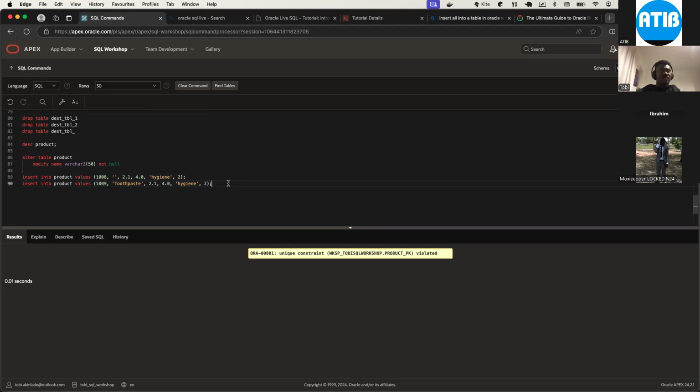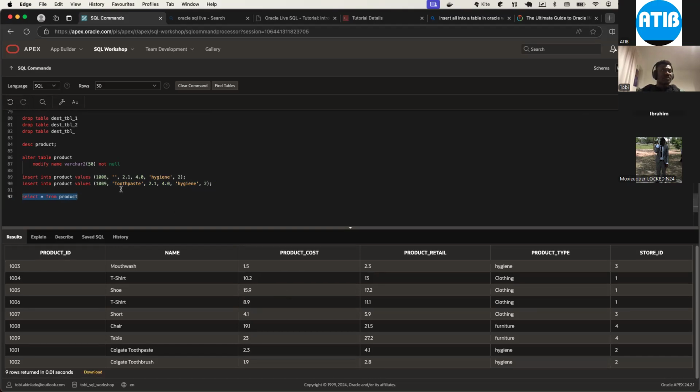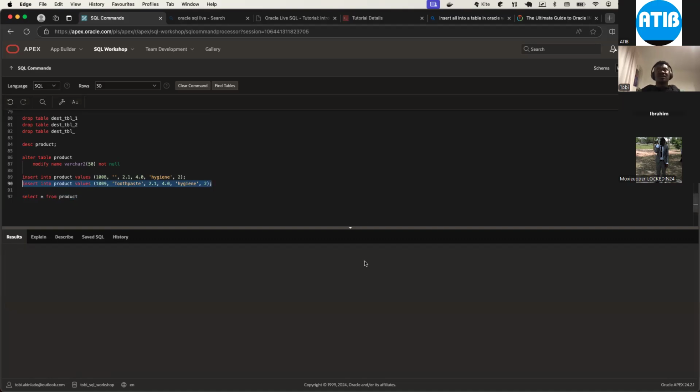So why we have this error is, let me show you something. You can see that we already have a product ID of 1009, and I'm trying to input the product again, that is product ID 1009. The error is saying that